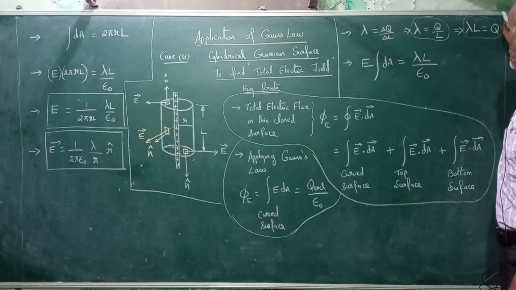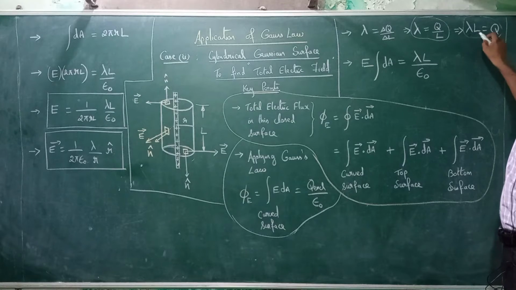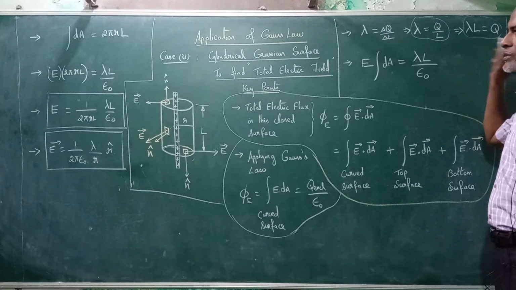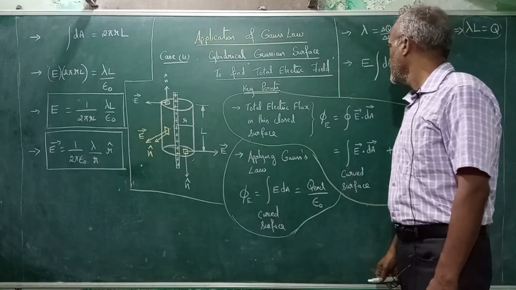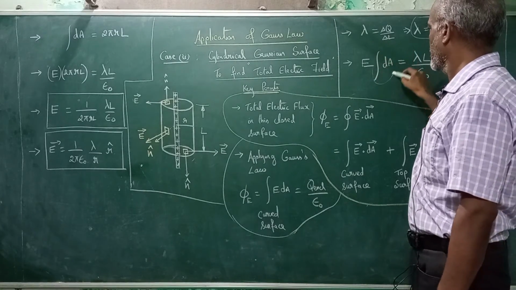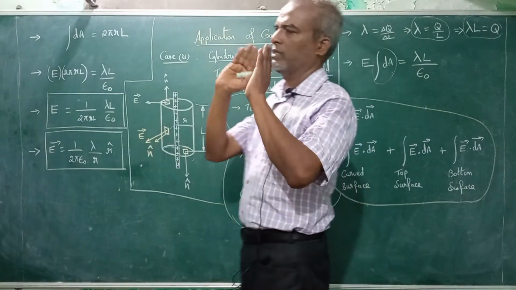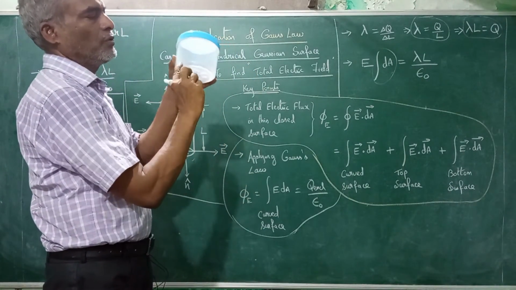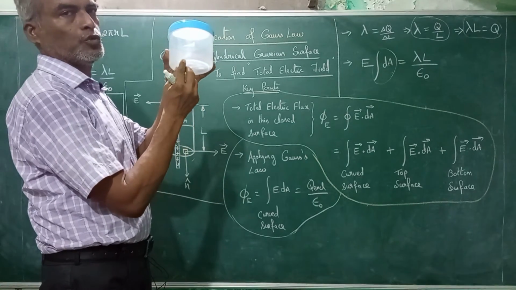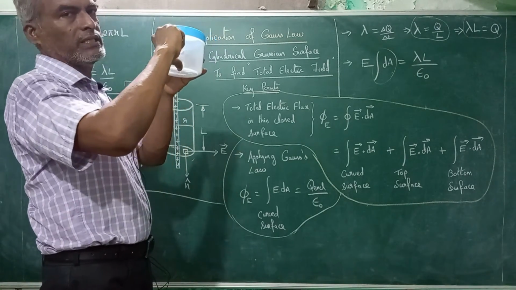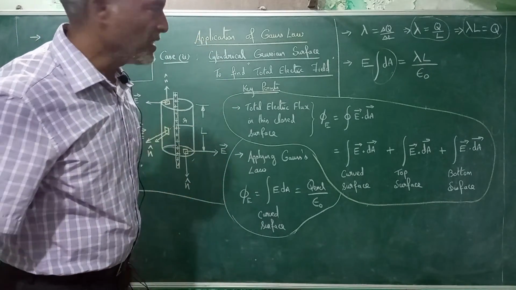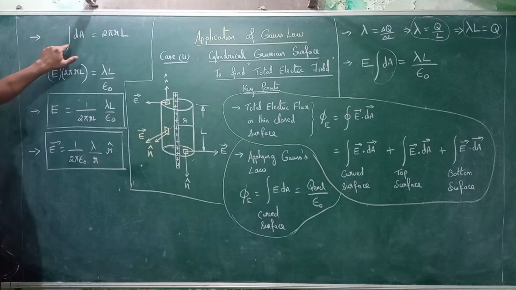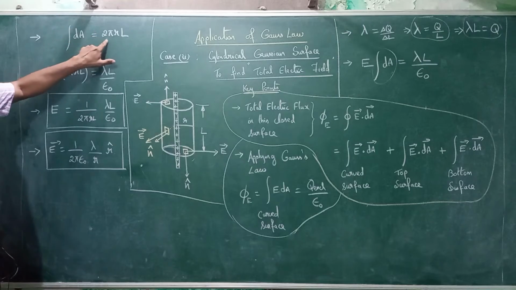But from this equation, the charge enclosed is equal to lambda L. Therefore, for charge enclosed, we can substitute lambda L divided by epsilon naught. Now we have to consider this integral dA. Integral dA is nothing but the curved surface area of the cylinder. The curved surface is this perimeter, which is 2 pi r, because the radius is r, multiplied by the height, which is L. So the curved surface area is 2 pi r into L. Integral dA means curved surface area, which is 2 pi rL.